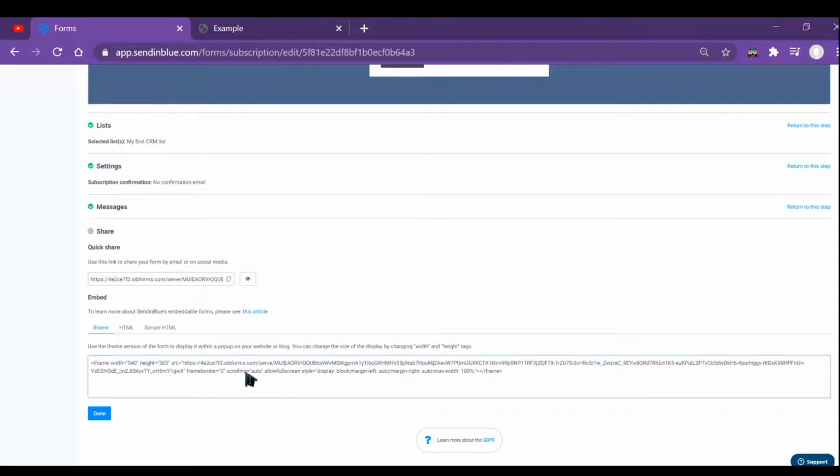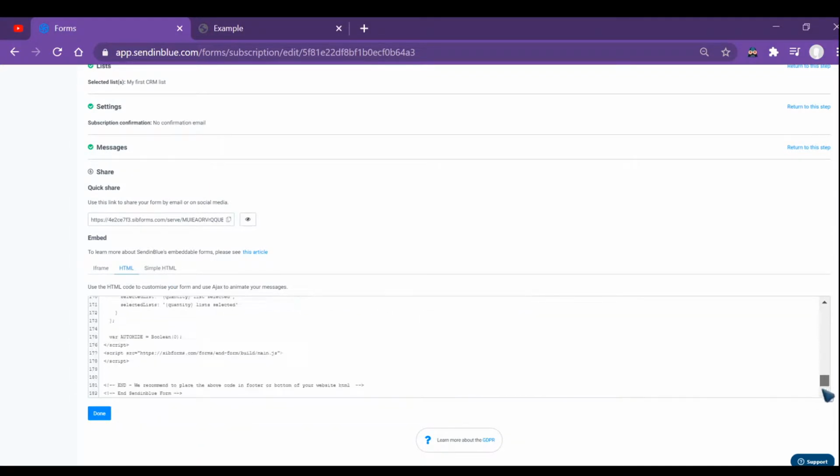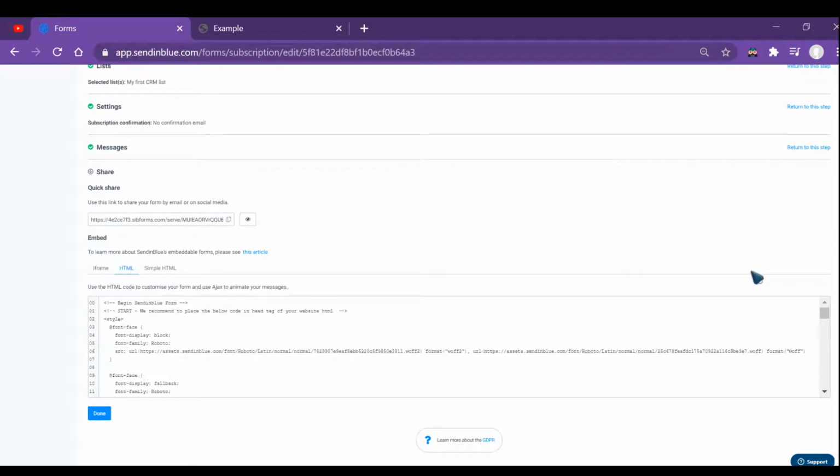You can copy this HTML code and put it in your WordPress website or in some landing page. You can paste the whole code there, and this form will be embedded in your website. It's a very simple and very functional way to embed your form.